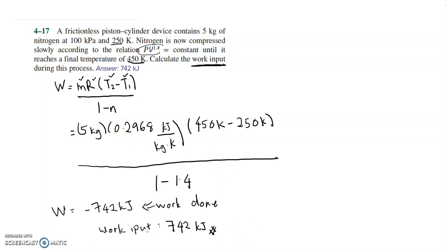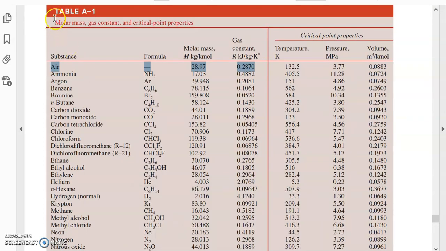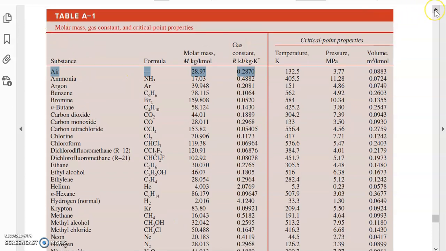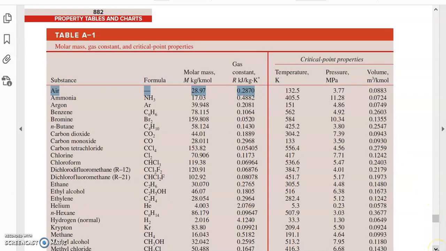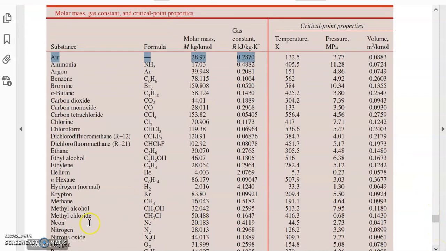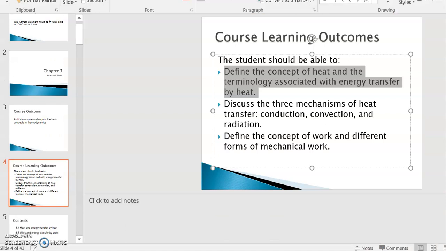So let's see. Appendix A1, page 882. In Table A1, the gas constant for nitrogen is 0.2968 kilojoule per kgK. So similarly for